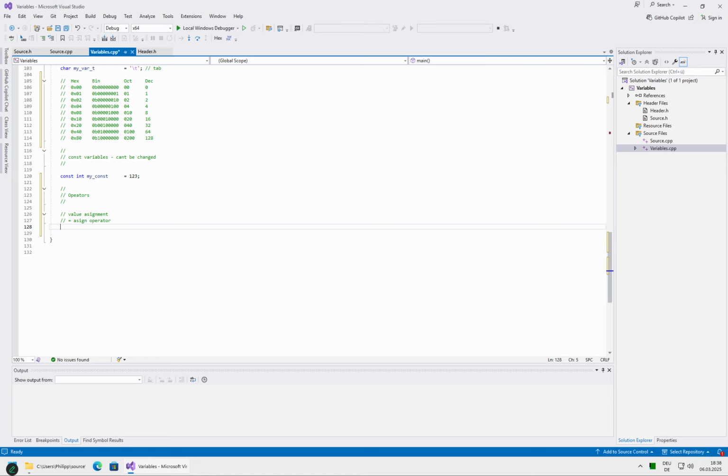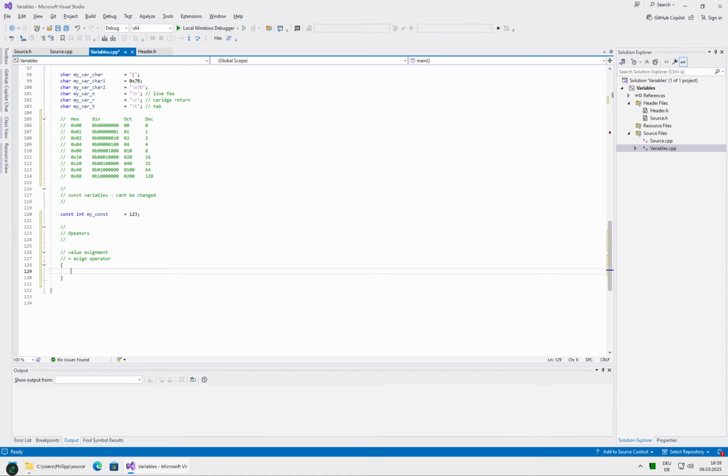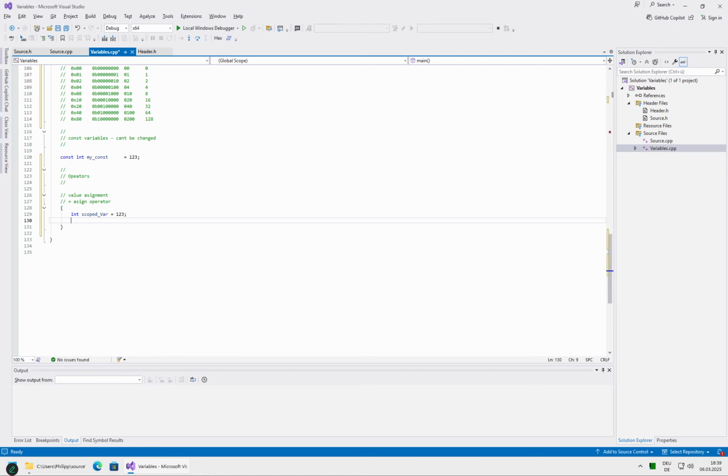And without going into too many details, you can just make open curly brackets and close curly brackets, and this is a code block which for any variable defined inside is basically the confining scope of the variable's validity. So the variable in this case can only be accessed within this bracket, and obviously only after it has been